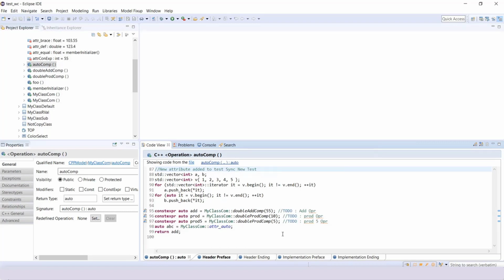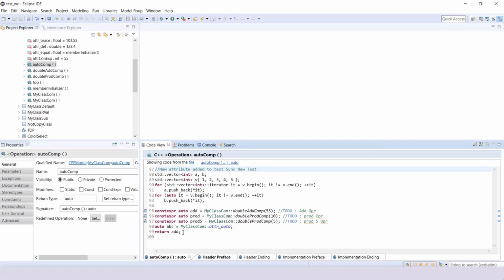The next is this code area. In the code area, there are three things. First of all is this mode, which I showed you just now, that there are two modes, showing code from the model and showing code from the file. Showing code from the file will only show when you have the C++ generated code. The next is this hyperlink. The hyperlink will navigate you to the element in the Project Explorer for which this code view appears.